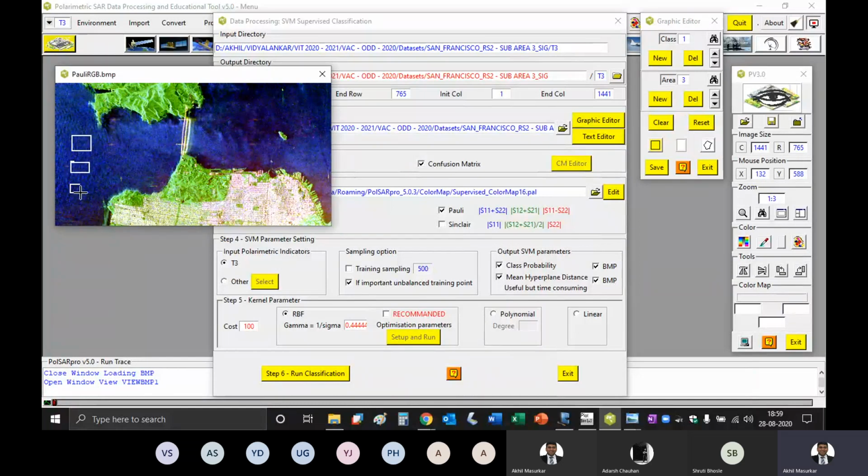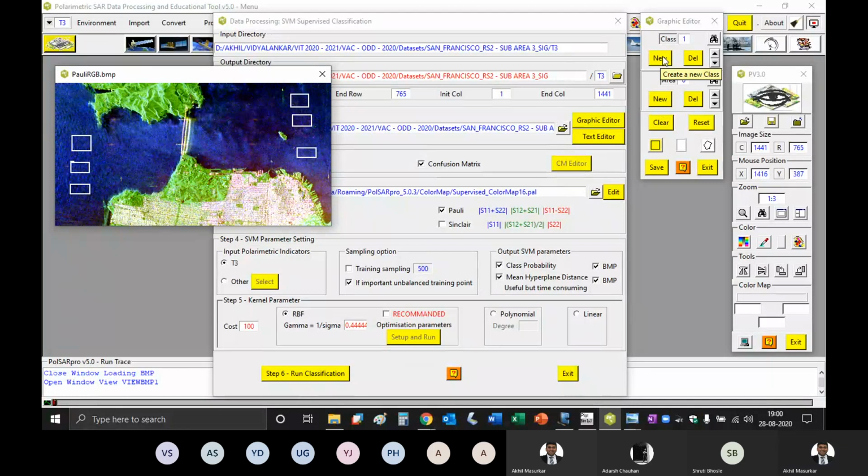Then we have area 3. Then we have area 4 of class 1. And then we have area 5 of class 1. And then we have area 6 of class 1. So that's enough.